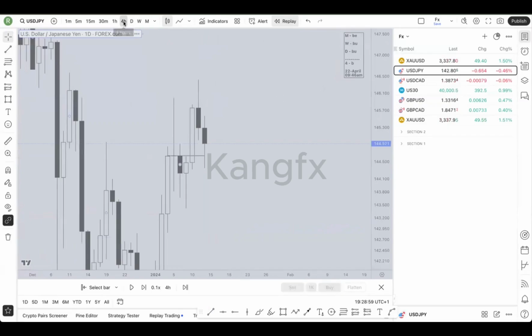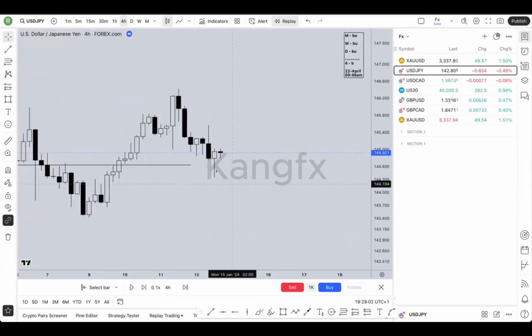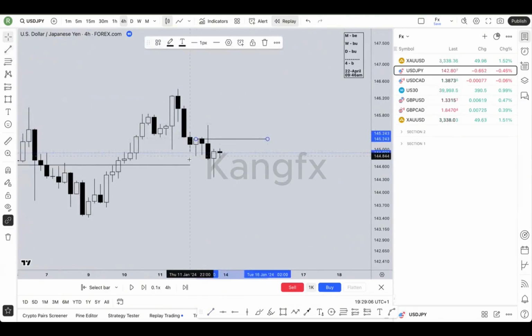Rejection, breakout on 4 hour. Then we come back. This is going to be where the rejection is going to happen. This is where the breakout is going to happen. This is the rejection here. So after rejection and breakout,